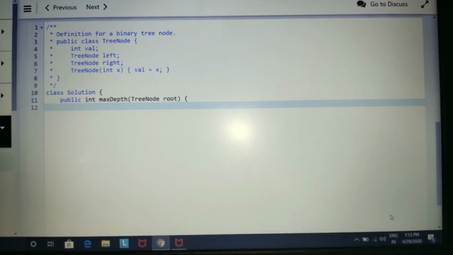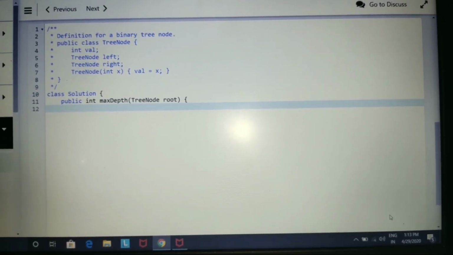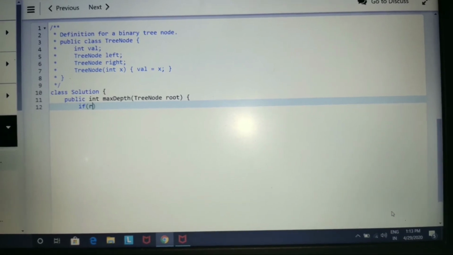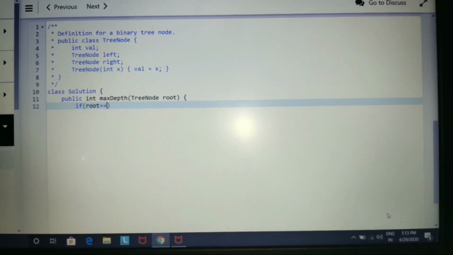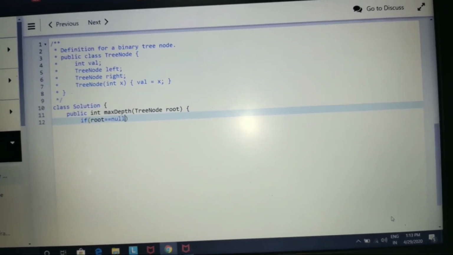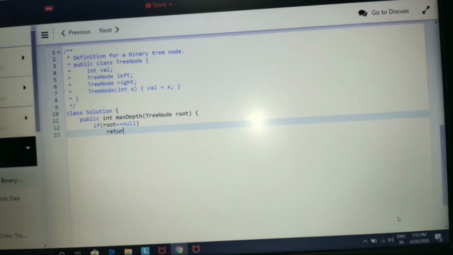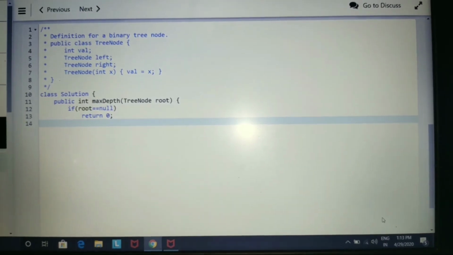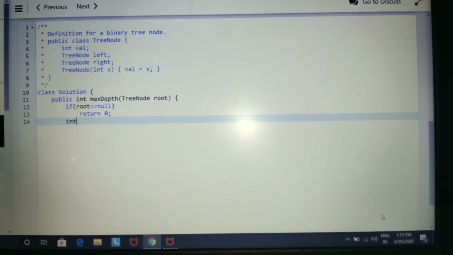First, for any recursive solution, you are going to define the base case, which is: if root is equal to null, we are going to return 0. Next, you are going to define the left side and right side.